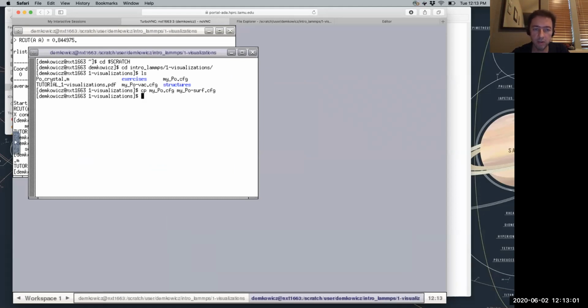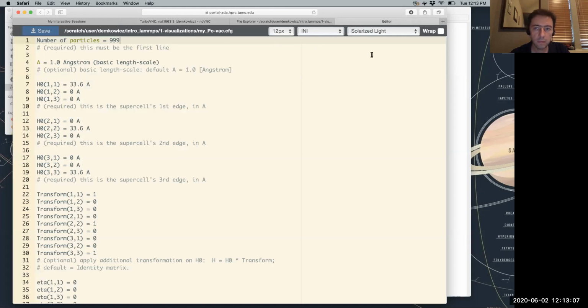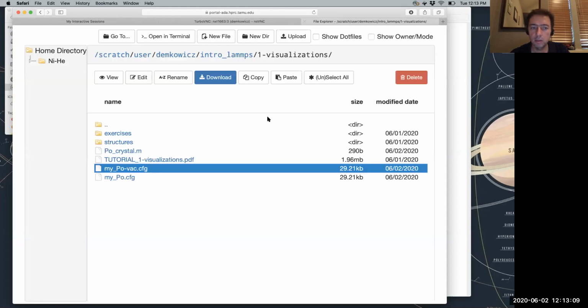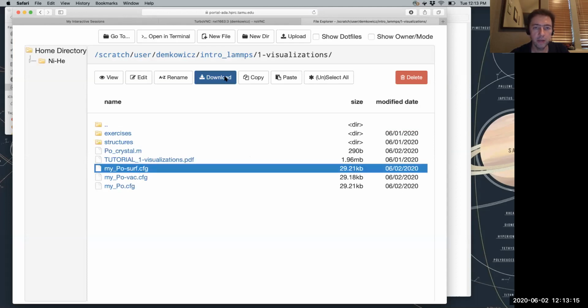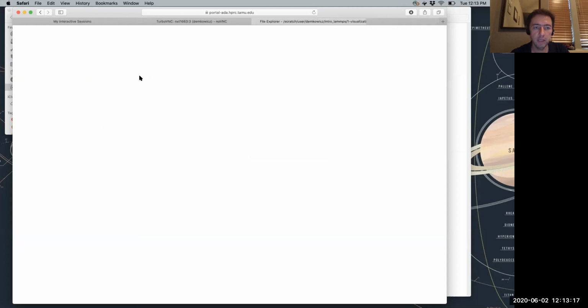Okay, this is going to be my surface file. All right, I'm going to go to my editor. So I'm going to close this, reload, and here's my surface file. I'm going to open that, edit it.